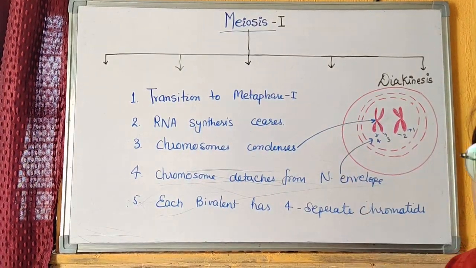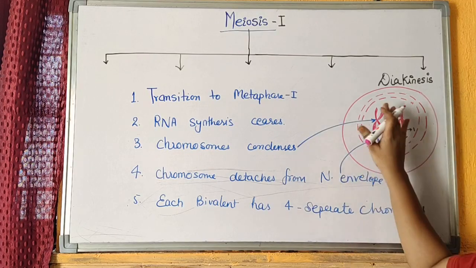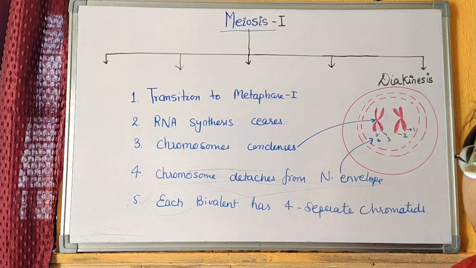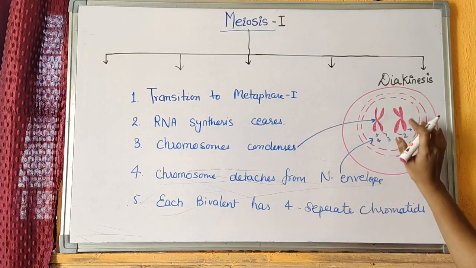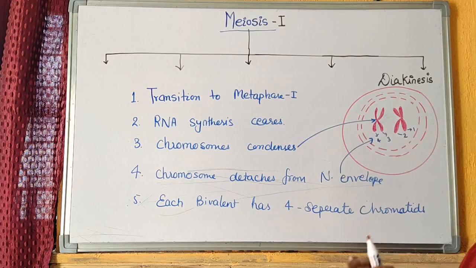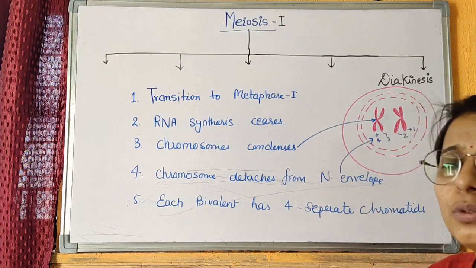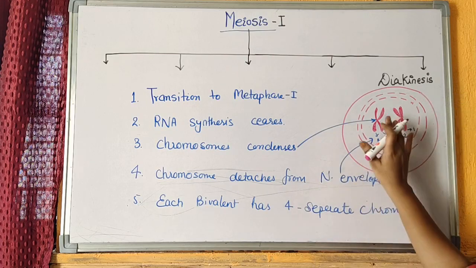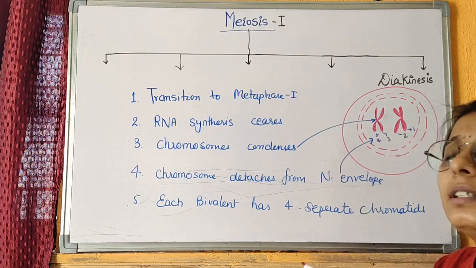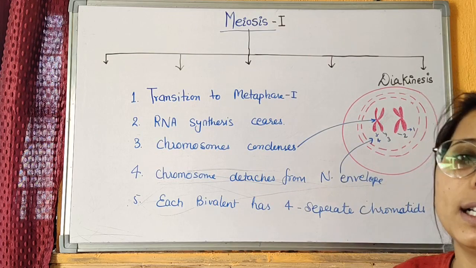The fifth sub-stage of prophase 1 is diakinesis. During diakinesis, the chromosome gets condensed and RNA synthesis ceases. The condensed chromosomes form a pair and they are called a bivalent or tetrad structure. The bivalent structure has 4 sister chromatids, while the single homologous chromosome has 2 sister chromatids. These chromosomes leave the attachment of the inner nuclear envelope and are arranged in the central part of the